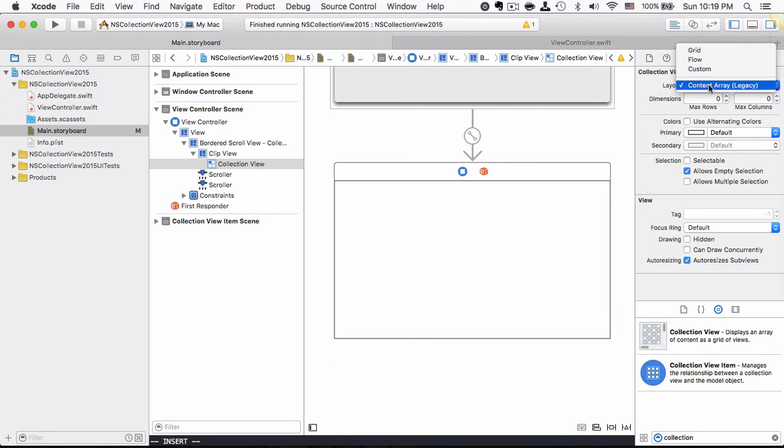It's currently selecting content array, and legacy is stating that this selection is for legacy support. The legacy one uses data binding with an array or array controller to provide the data of the collection view. It is the old usage of the NSCollectionView. For the new one,